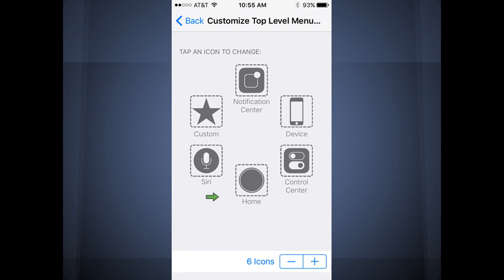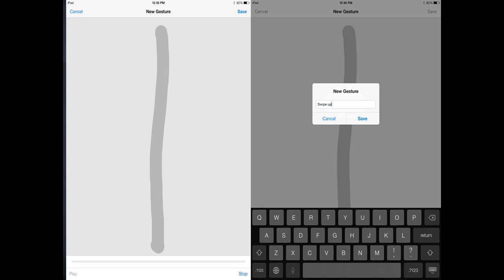So I've customized mine to show 6 options, but notice that the icons down at the bottom, you can add more icons on your home, or you can take away and add less, have less. So one of the things that's really cool is you can make your own gesture. So if you go and click on that little gray button again, and then